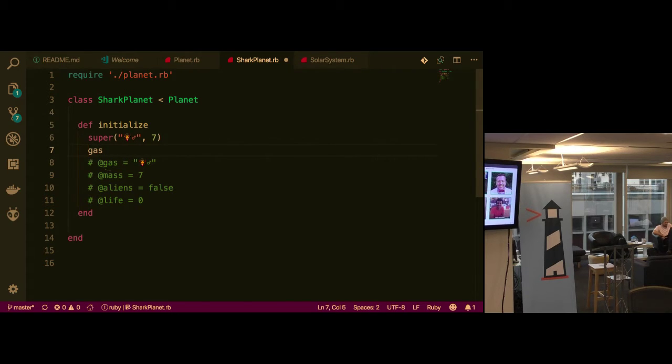If I created a local variable, it would be a variable that only exists within this method. But by doing an @ sign, this only exists on an instance of Shark Planet. Double @ sign, again, try not to use these, but you'll see them in Rails and other places, means a class variable, a variable that exists on Shark Planet, the class, versus an instance variable that exists on an instance of Shark Planet.